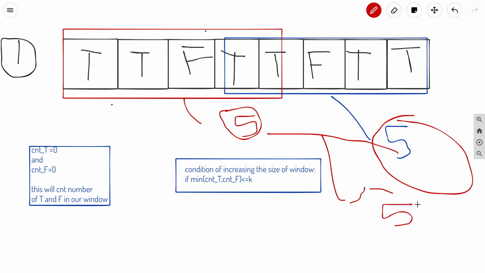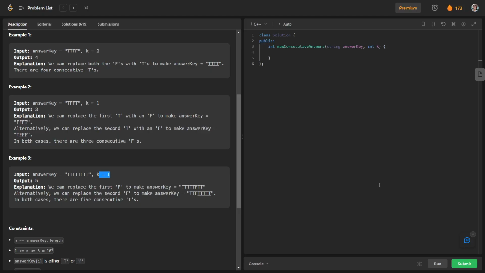So in this way you have seen how we can use the sliding window method here, and let us dive into the code. Let us see how we can code this question. For this we will have a few variables with us. Let us have variables L and R. So int L is equal to 0 and R is equal to 0.